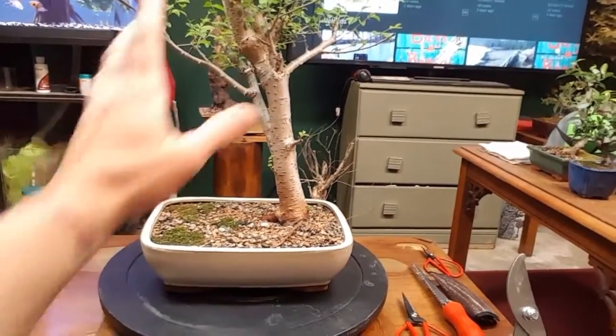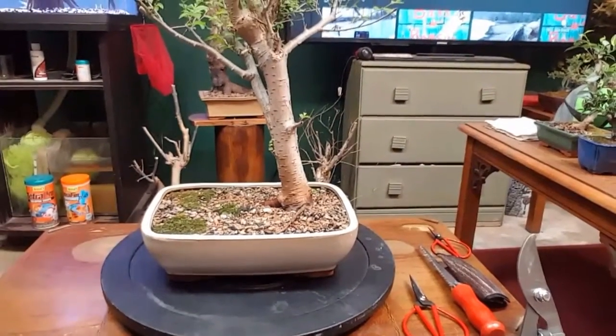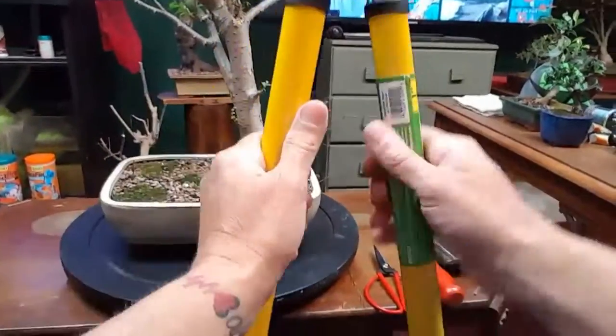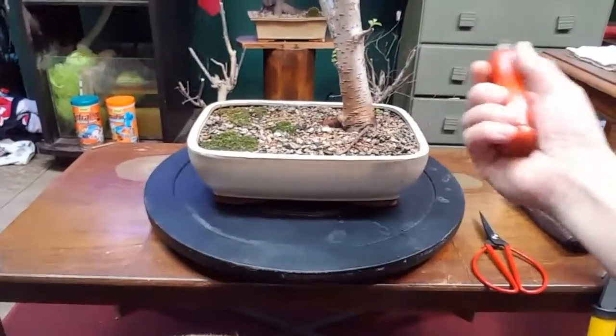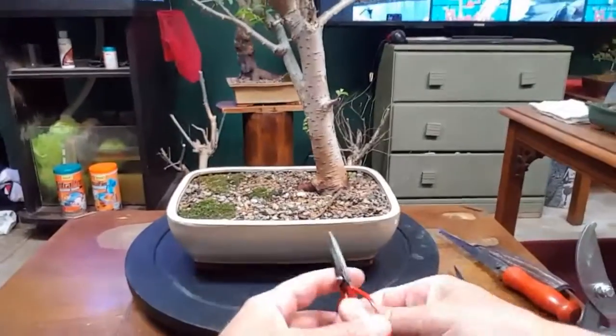Today, you see a bonsai tree. We're going to put the bonsai in Bass and Bonsai, and we're not doing anything crazy. I don't know if you can see this guy. We're not going to get this crazy today. That's like a last resort. We'll probably basically just be doing